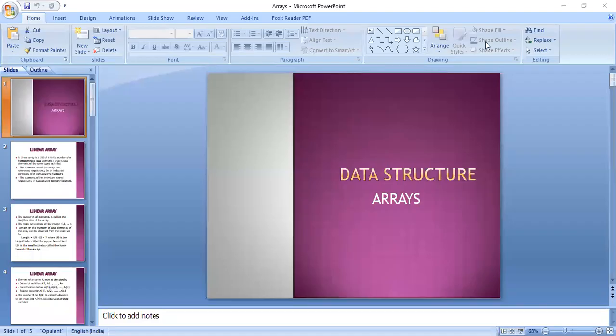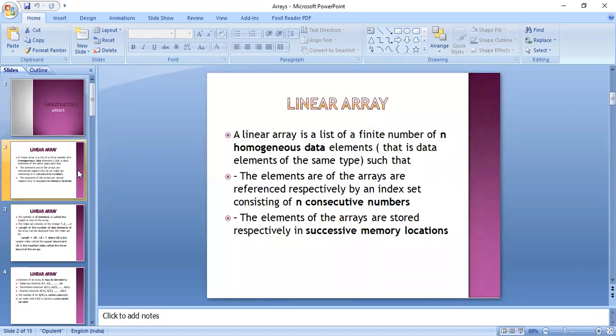Today in this session we are going to discuss arrays. Array is a very important data structure and we can perform certain operations very efficiently with the help of arrays. As in, if we want to insert a new item to our array, it is very conveniently done, as well as we can delete one item, we can search, sort.